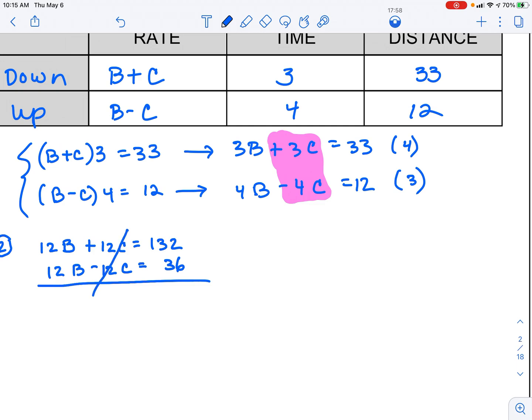If I put those together, I can eliminate these, and I'm going to have 24b equals 168. If I divide both sides by 24, I'm going to end up with 7 hours. So the boat